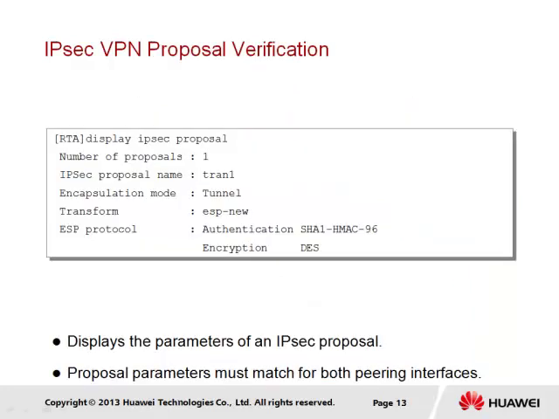Through the display IPsec proposal command, we are able to view the results of the configured proposal and validate the parameters that have been configured. We find in this case that the tunnel mode is being supported and that the encapsulating security payload is being used as what is referred to as the transform set. With regards to this transform set, we have configured ESP to apply the SHA-1 algorithm and maintain the default encryption, which as we can see is DES. Since DES is generally less secure, it is recommended that for real-world implementations at least, triple DES or AES be